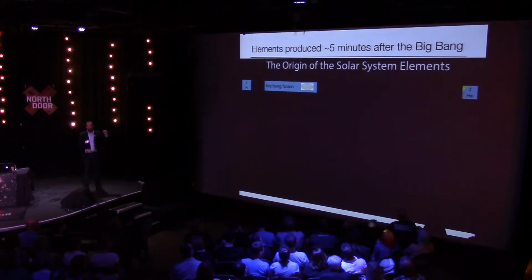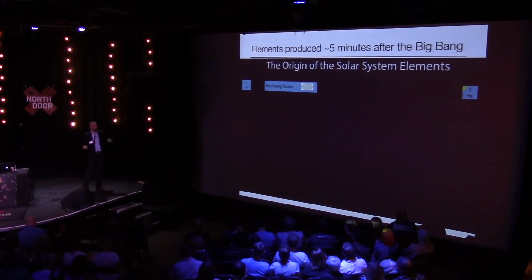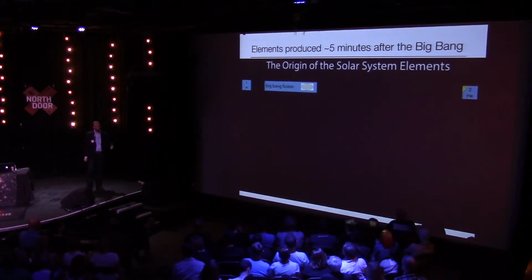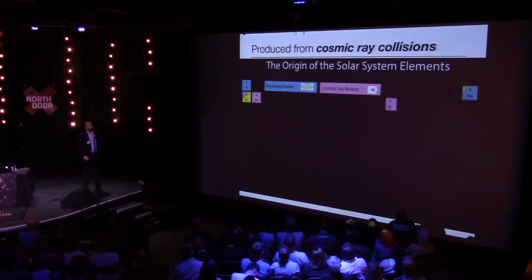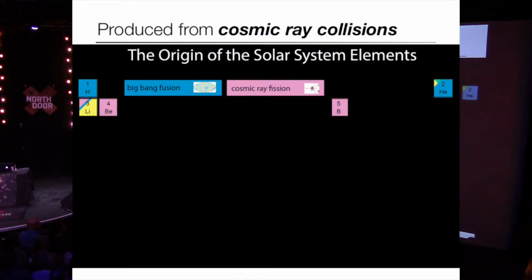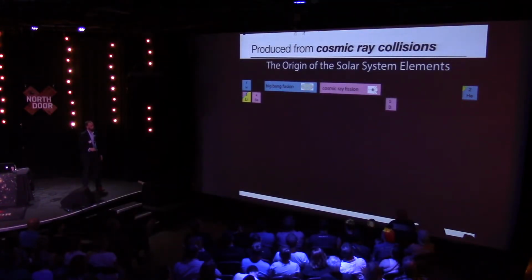So that's why we call everything heavier than helium metals, okay? These are the things that were there at the beginning, pretty much, and everything else came later that we're trying to understand. So everything after this came from stars, pretty much, or the explosions of stars, which is amazing, and this is why Carl Sagan says that we're all star stuff, right? Everything, all of the metals, everything that's heavier than helium came through a star in some way. So a couple of elements are not exactly like that. They're elements you don't see very much, so lithium, beryllium, boron. Some of those come from actual cosmic ray collisions in our atmosphere and the atmospheres of stars.